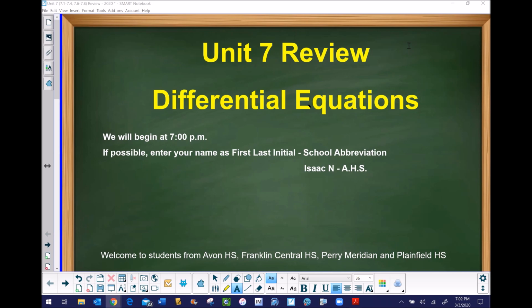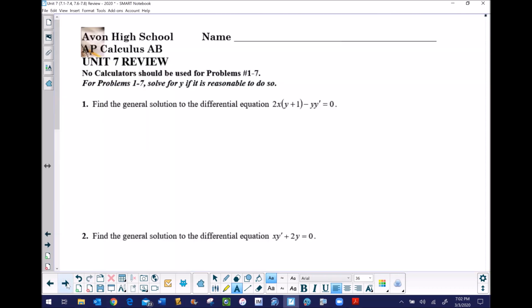So the focus tonight is obviously on this idea of differential equations, and we've got two different documents that we're going to be taking a look at. The first document is the review guide itself that has kind of a hodgepodge of things on it. I know that some people may have dove headfirst into this when I passed it out. I noticed some kids yesterday working on problem 1, which I was really happy to see, because I think problem 1 itself has got some tricky aspects to it. So I wanted to run through this one quickly as a warm-up, and then we can start taking a look at various other problems all over the place. Actually, we can look at some of the ones on the Big Ten